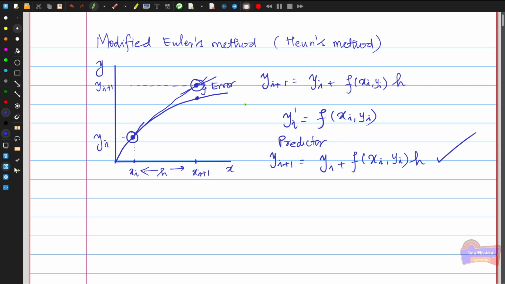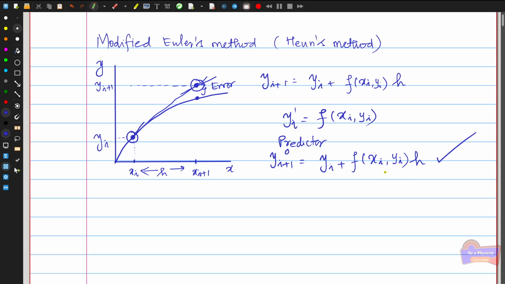It is actually predicting the approximate solution at the next time step with the time step of h. So in Heun's method, this is not the final answer, but it is actually the intermediate step, which is the predictor step. Okay, so let us take this y_{i+1} as a predictor, so I can take it with superscript 0: y_{i+1}^(0), which is equal to y_i plus f(x_i, y_i)